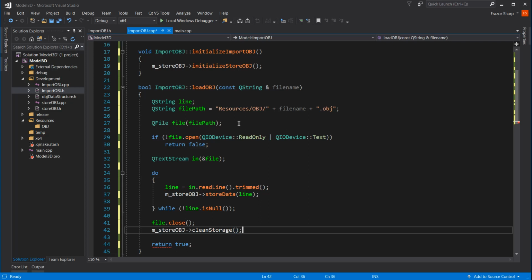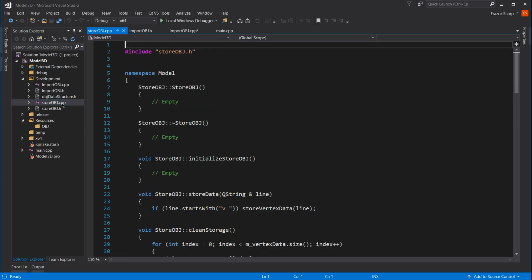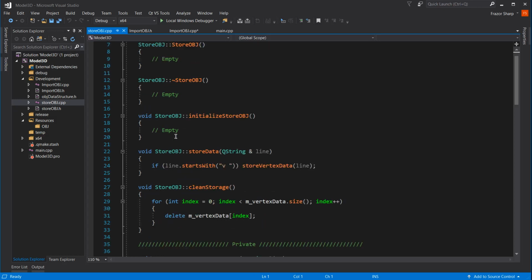There we go. Anything else we can do? Yeah, return true. No, that should be all. That's why I wanted to keep it separate from the destructor. It's why I left that empty. You see, initialize doesn't do anything yet. It may do later on. I left it empty because I want to clean it